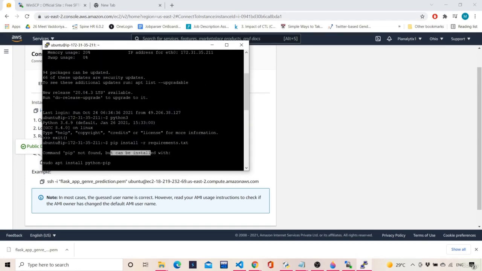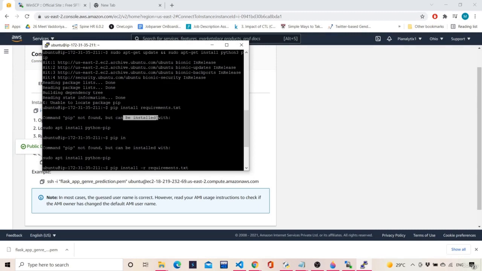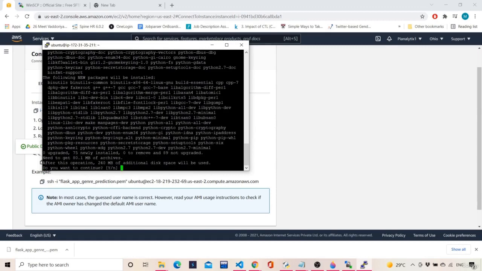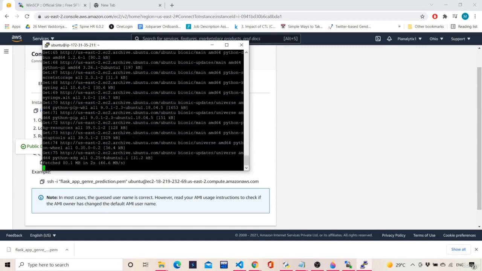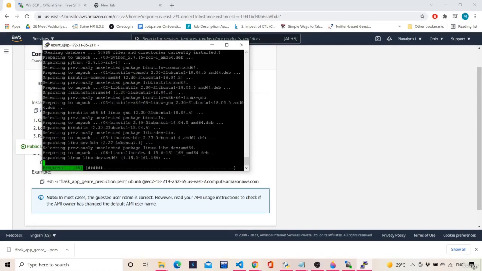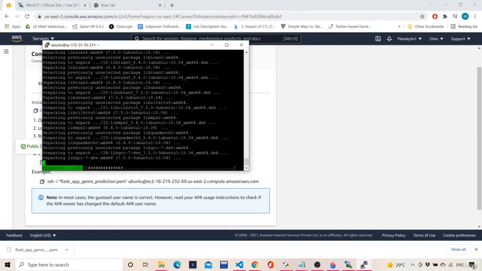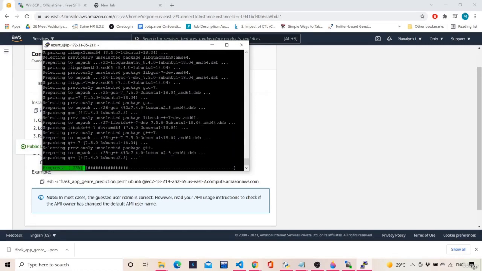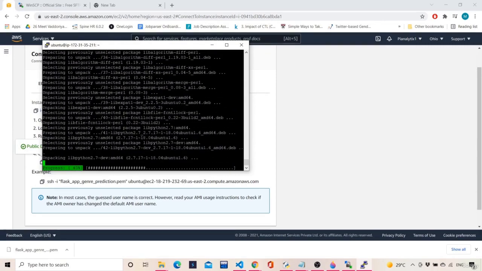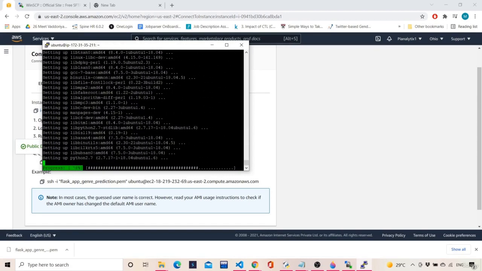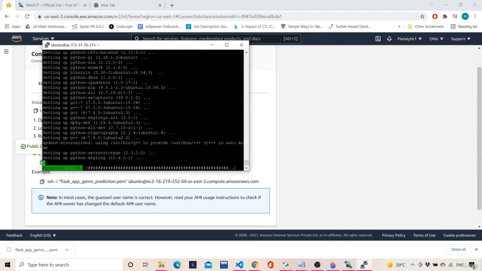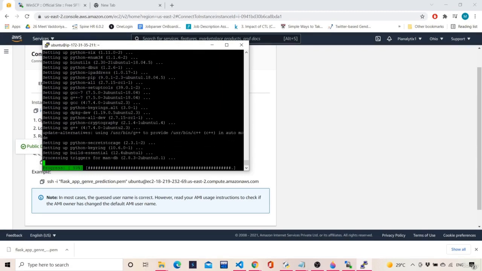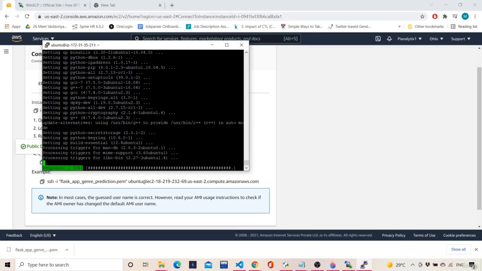Command pip is not found but can be installed with sudo apt install python. So let's install it. Yeah, so now it is installing the pip command. Whatever they are saying in the error, they are just suggesting things. You simply use those lines, paste them on the terminal and hit enter. Their suggestions are always correct and you can follow them. As you can see, I also followed their suggestions and it is installing the pip, the Python 3 manager for me basically.